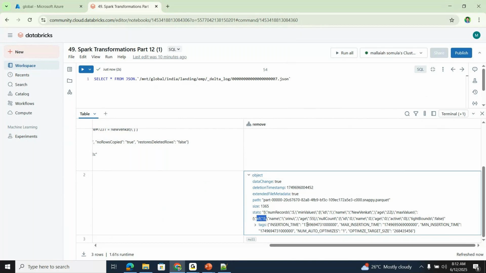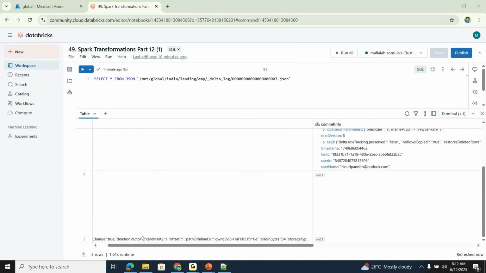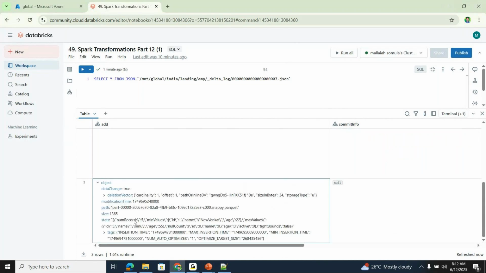Now but actually what happened, you see here the same file is added again. Same file, A5E3, with number of records 5, minimum value ID equal to 1, maximum ID 5. So here it just maintains some cardinality offset. These details it is going to maintain in the .bin file. So what it does is maintain that where ID equal to 5, that particular record got deleted. It just maintains that particular